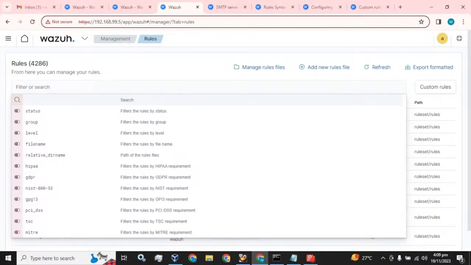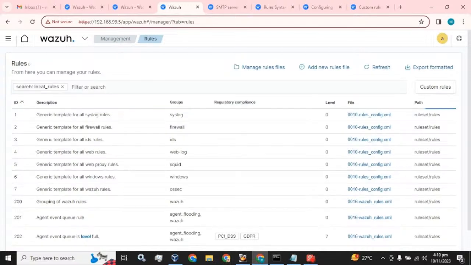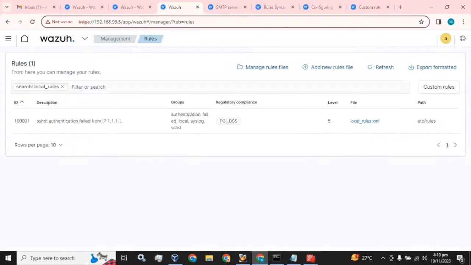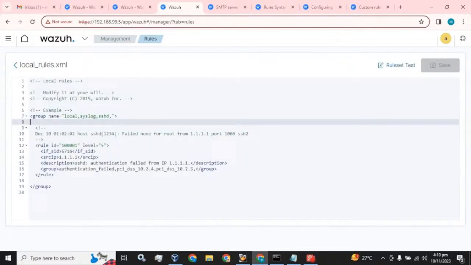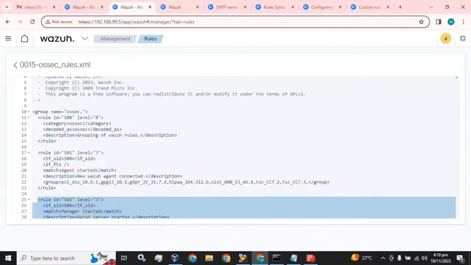If you want to write any kind of rule configurations, you always have to write those rules in this local rule file. If you update your Wazuh server, these configurations will not be updated or removed. I am going to open this file, and what we are going to do here, and we have the